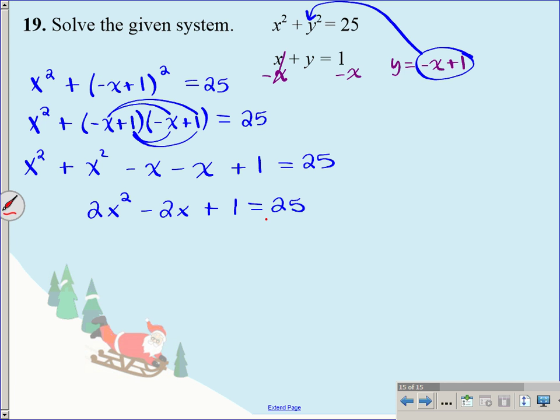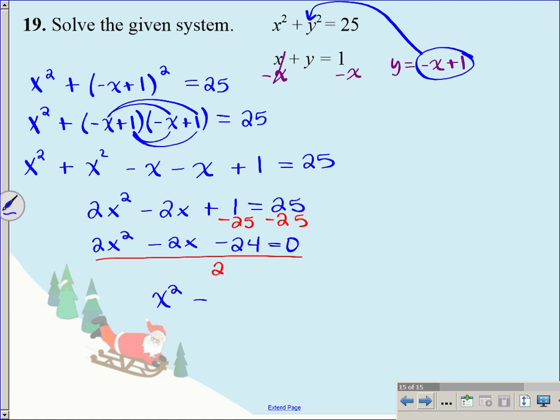So I'm going to move this 25 over to the other side so that I get 2x squared minus 2x plus, or actually 1 minus 25 is minus 24 equals 0. Okay? I can simplify this by dividing everything by 2 so that I get 1x squared minus 1x